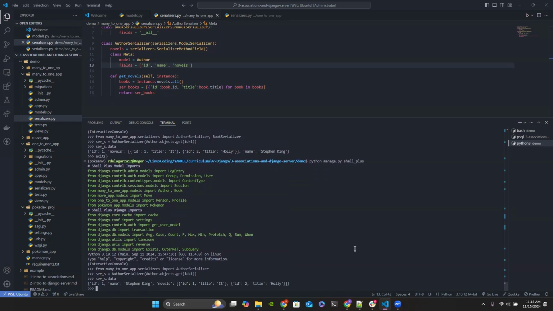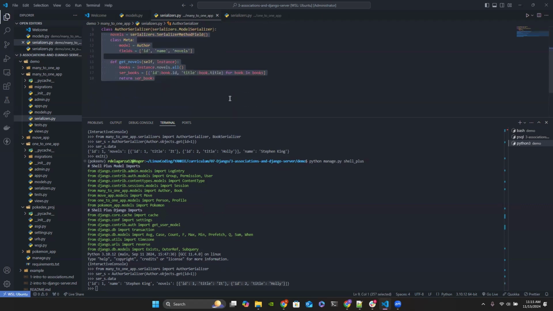And we now see where it says ID, name, Stephen King, and then novels, exactly how we wanted it to be formatted. Notice that the novel is formatted exactly how we wanted it to be for the author serializer. Well, let's go ahead